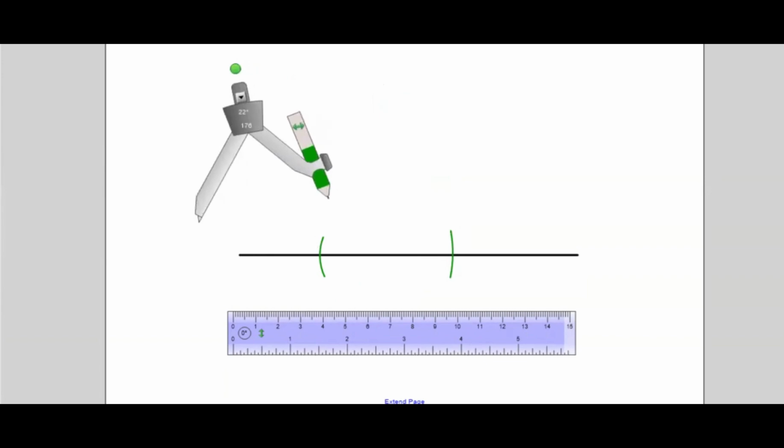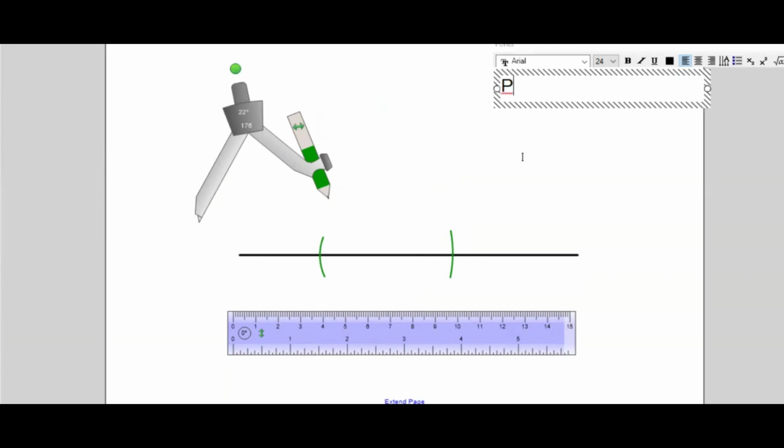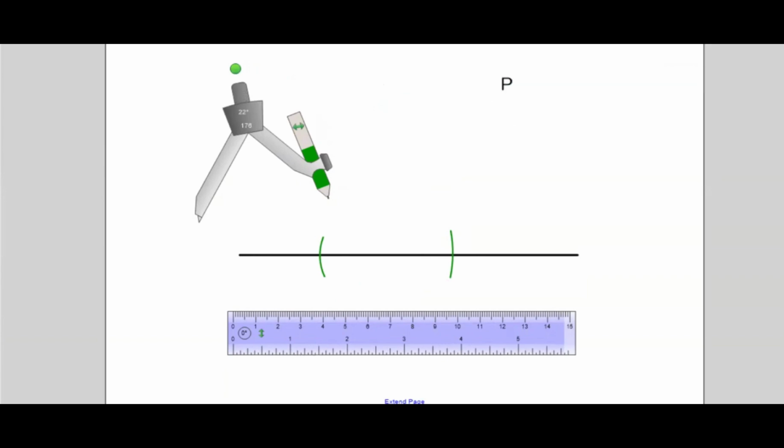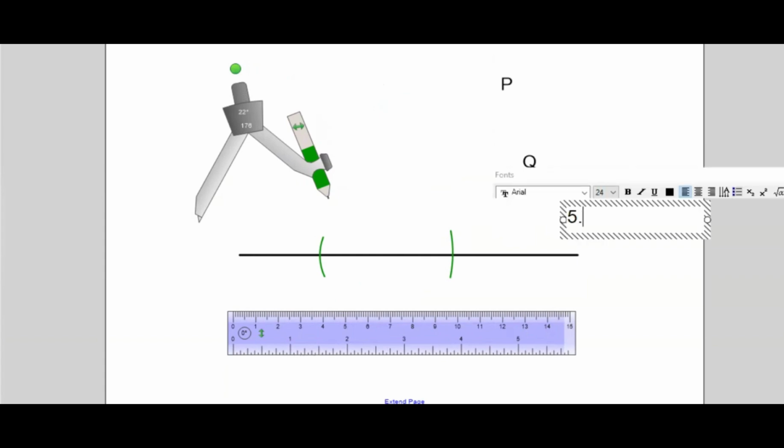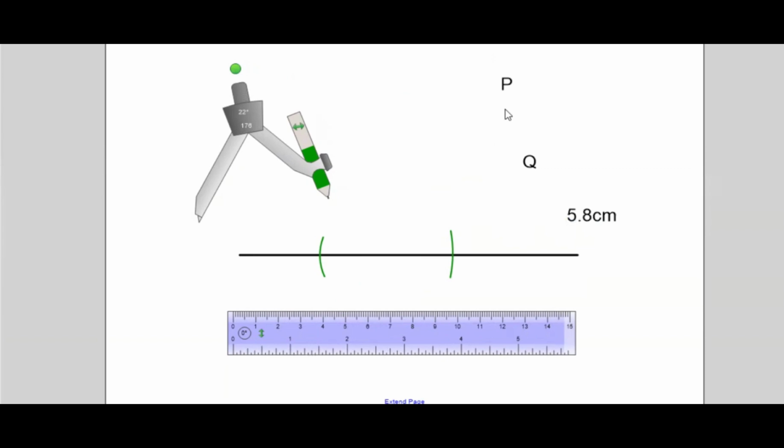So quickly we label it: point P, and point Q, which is 5.8 centimeter. I'll place them appropriately. We have point P here, and we have point Q here, 5.8 in this place. The next thing we want to do is to construct